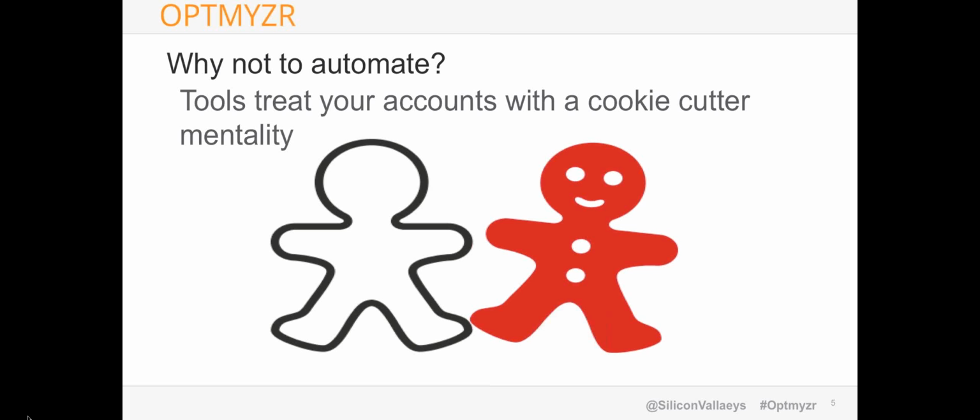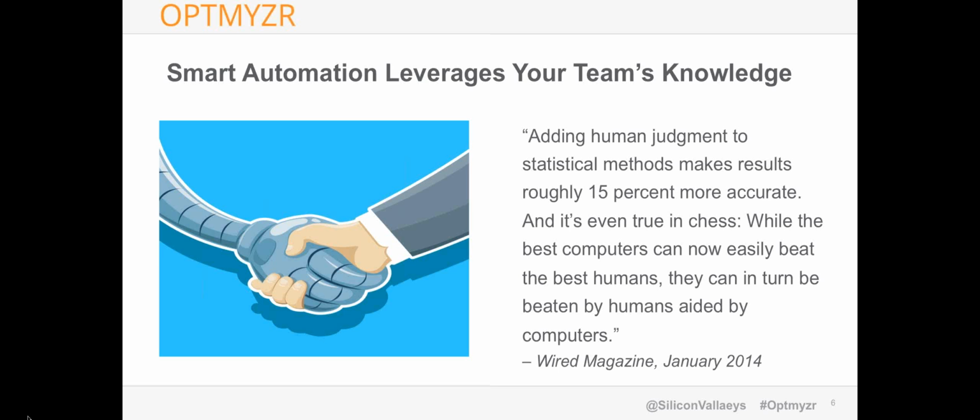So that's a reason why you still want to do a lot of this stuff in your account on a more manual basis, or if you create some automation, you want to make it very custom to what it is that you do. But at the end of the day, in life, it's all about balancing a few different things. And so in my opinion, it's about smart automation that should leverage your team's knowledge. So it's not really about putting the whole account on autopilot, but letting the autopilot take care of some